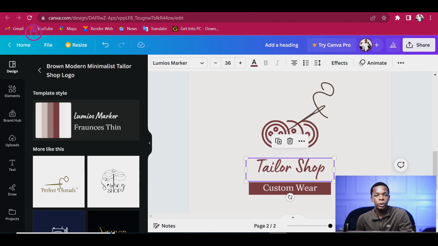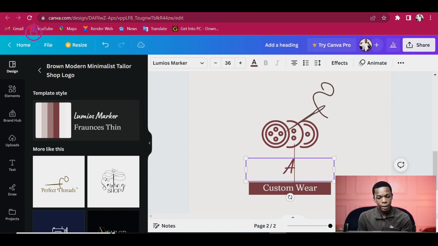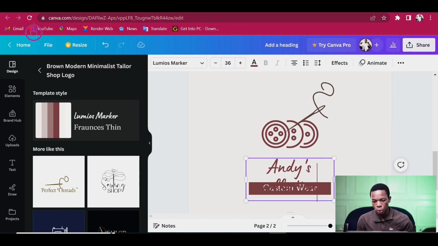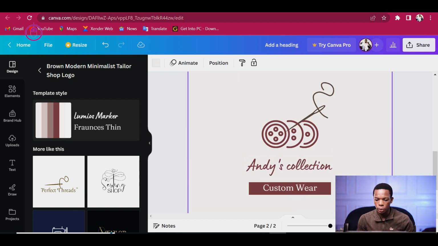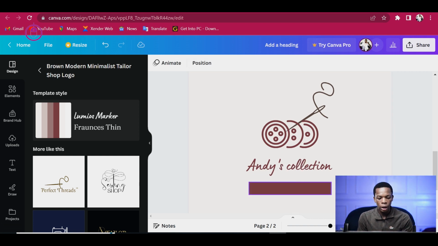So what you can actually do with an image based logo is you can actually edit it to fit what you want. So I'll click inside of it, and I don't want Tailor's shop. I can use Andy's collection. Don't forget Andy's collection. So don't forget, you can actually reduce the size with this. Okay, good. So the custom way, I can actually delete everything in it, and I'll say